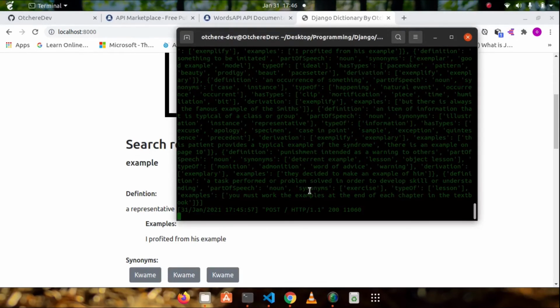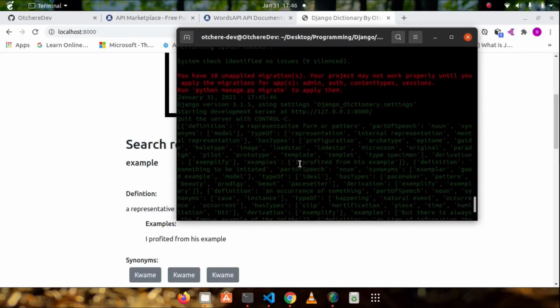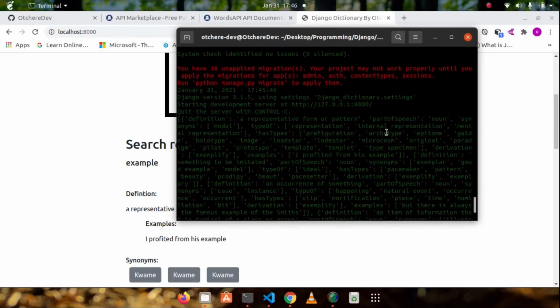Okay, so you can see here that we have a synonym response, a synonym key with the synonyms inside. It's also contained in a list. Okay, so let's check here. The first definition also has a synonym, contain a list of other synonyms. So for us to be able to render it